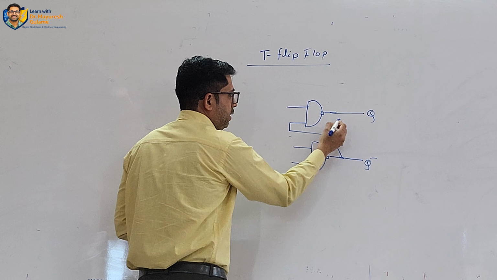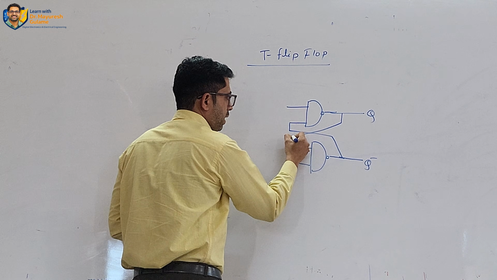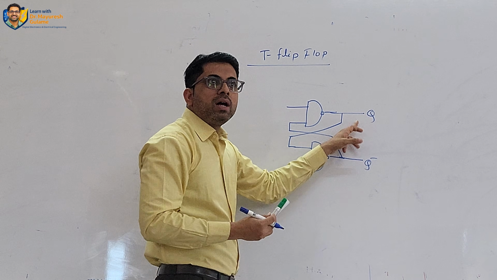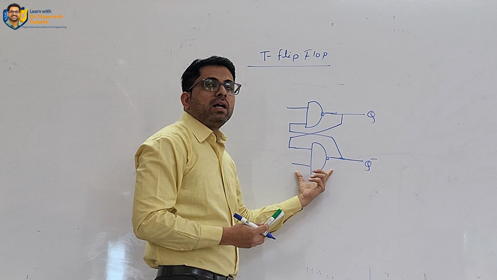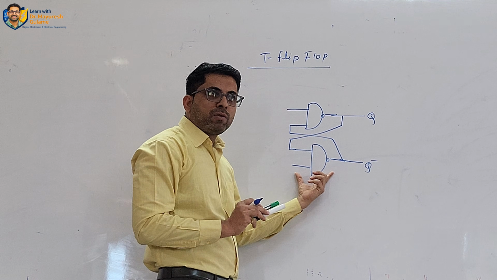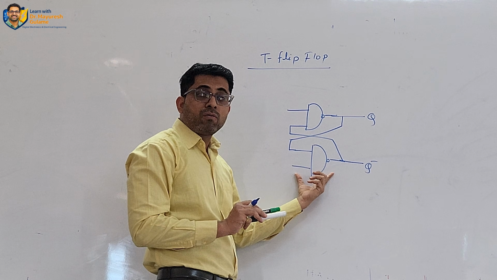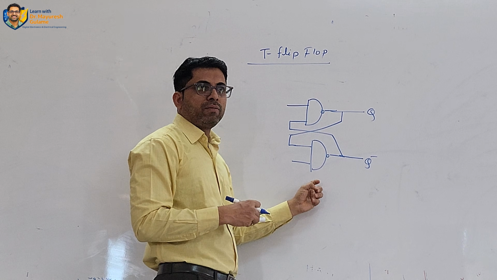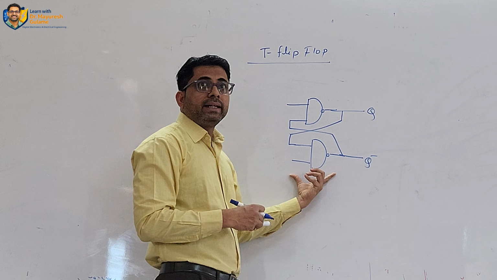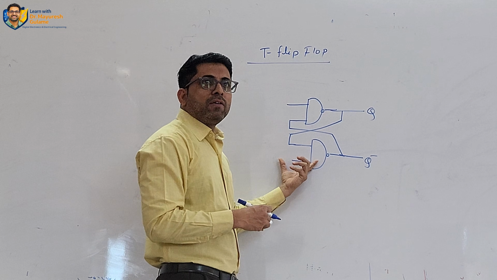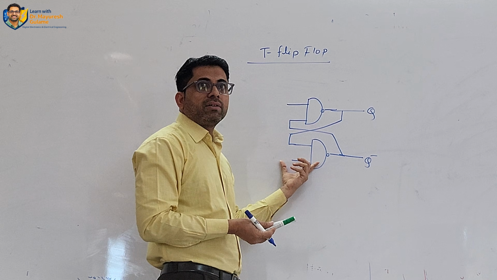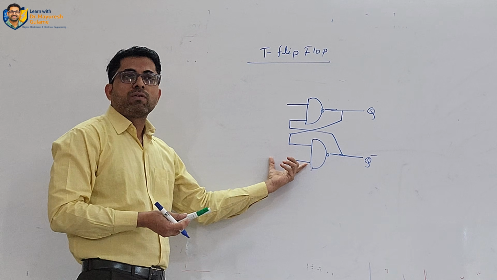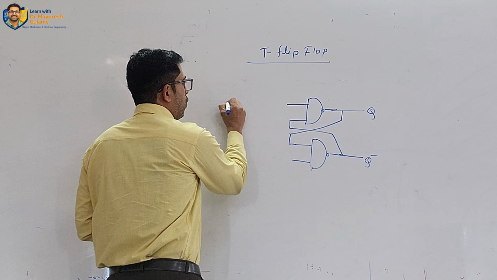The output of the first NAND gate is connected to the second input of the other gate, Q bar to one input and Q to the other, and this is the latch. In every type of flip-flop, SR, JK, D, and T flip-flop, this SR latch is fixed because it is a part of the flip-flop. Now, this T flip-flop can be designed with the help of which flip-flop? The JK flip-flop. So you need to know the JK flip-flop diagram.